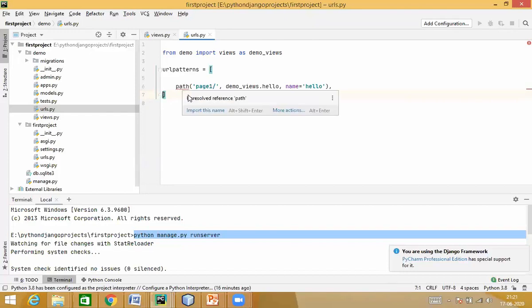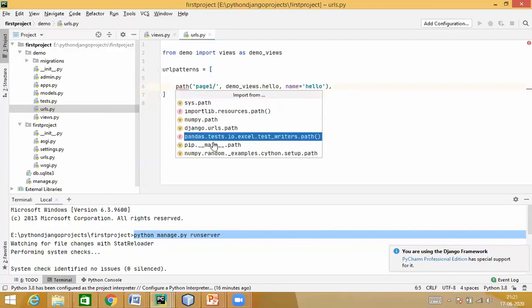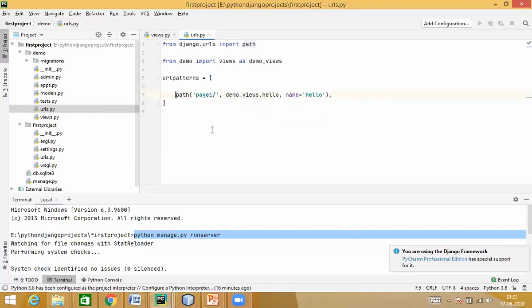I need to import the unresolved name. See, it says django.urls.path, so I have imported this. Precisely what I have done so far is create a path and register that path with the app. But understand, this path also needs to be registered with the project.